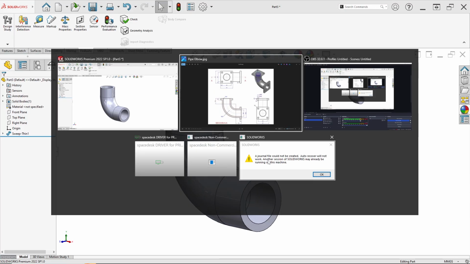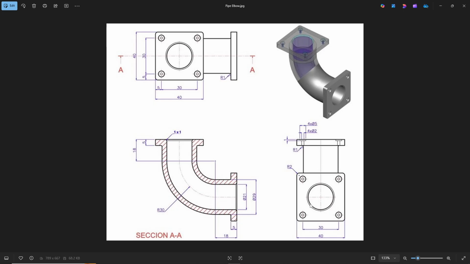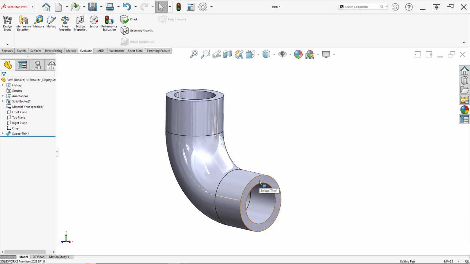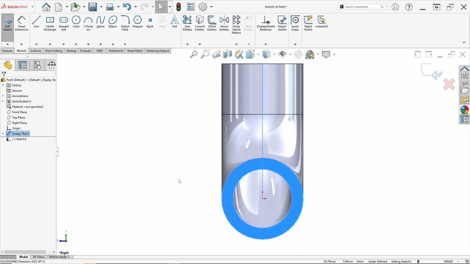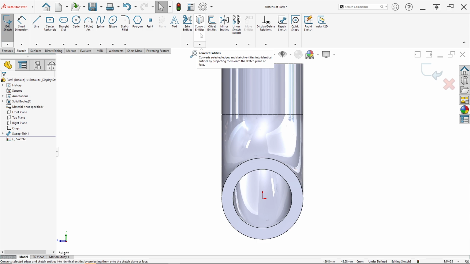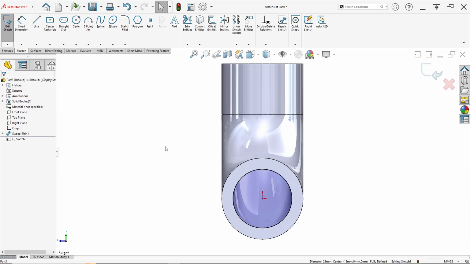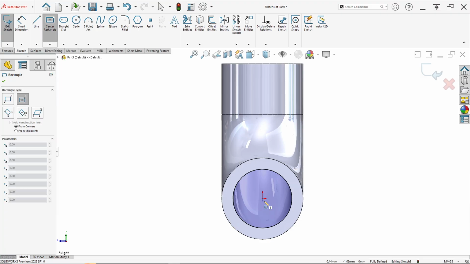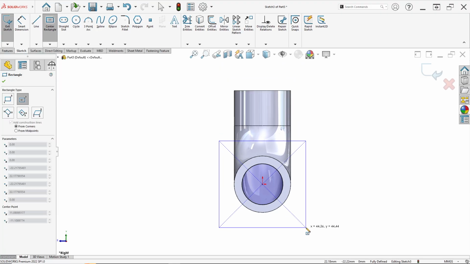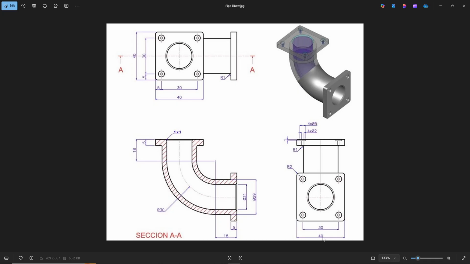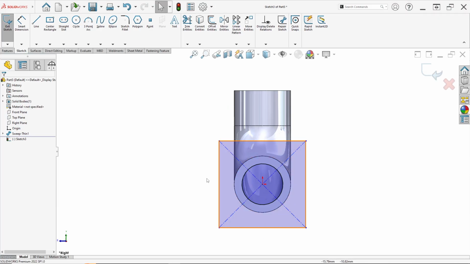After that we can make the flange here. So right click on this face, click sketch, select convert entities, click this edge, click OK, and select center rectangle, draw from this point. Here the width is 40 and here 40, it's a square.